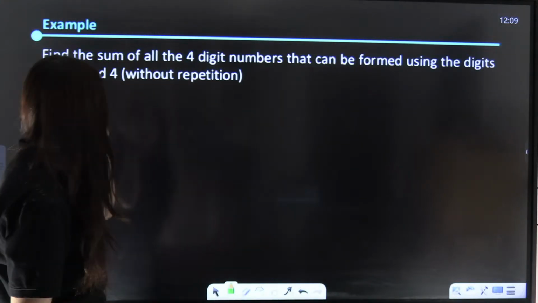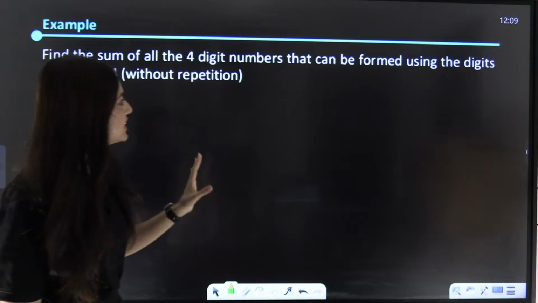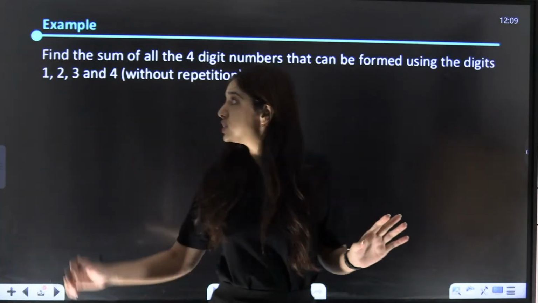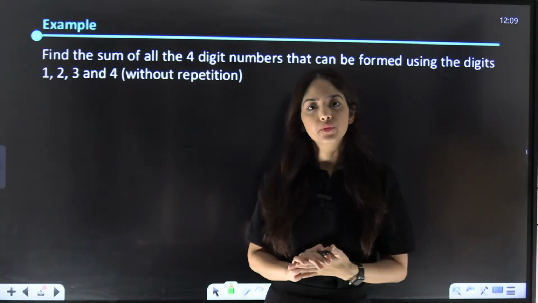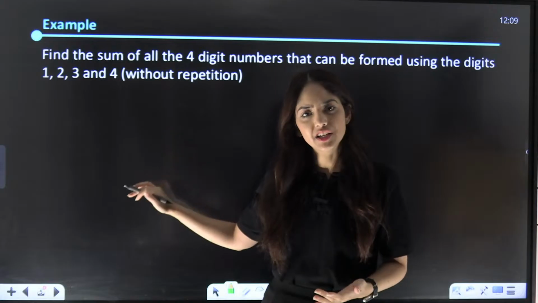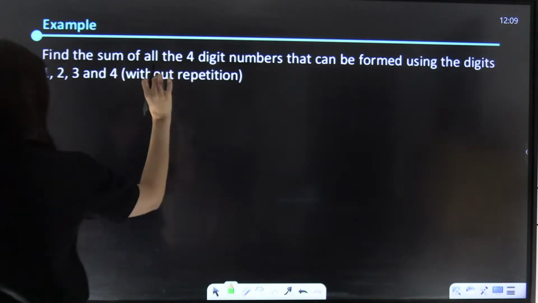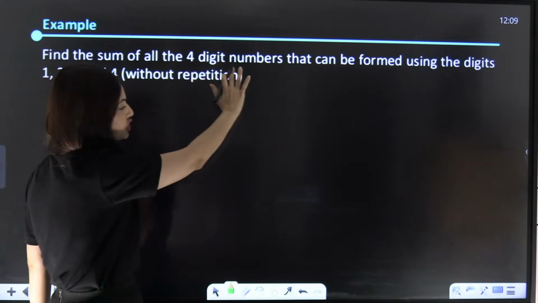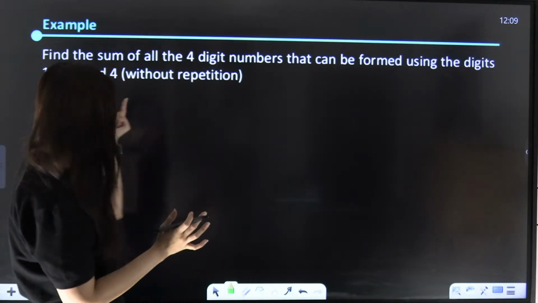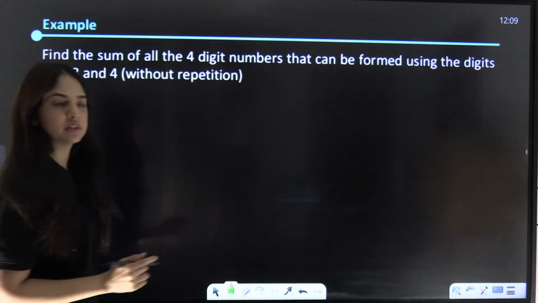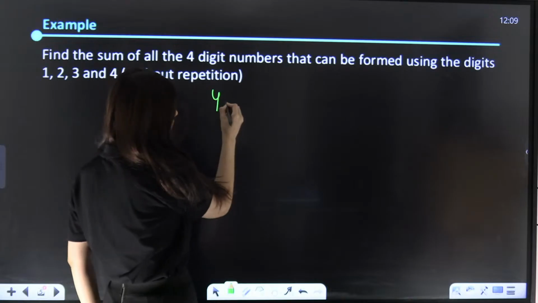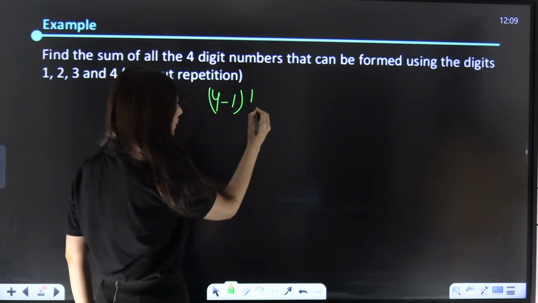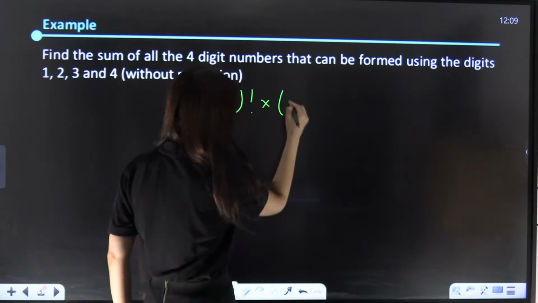Now, find the sum of all 4-digit numbers that can be formed using the digits 1, 2, 3 and 4 without repetition. Same as before, we can directly apply the formula here because the digits are distinct, the number of digits is 4 and we can have 4 factorial numbers here. So, 4 minus 1 factorial into sum of all digits